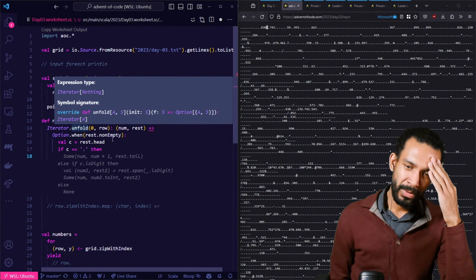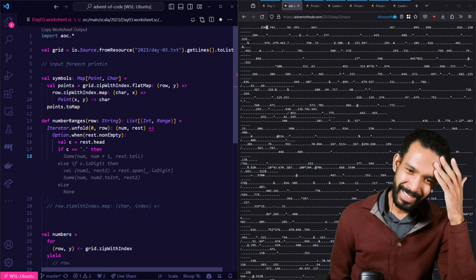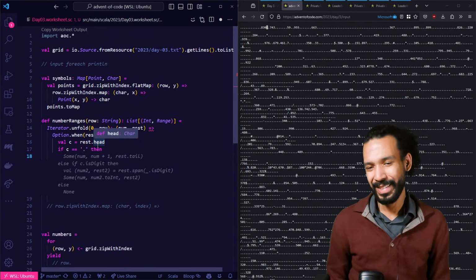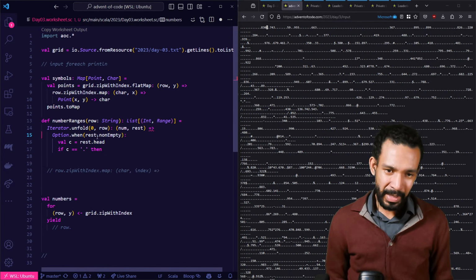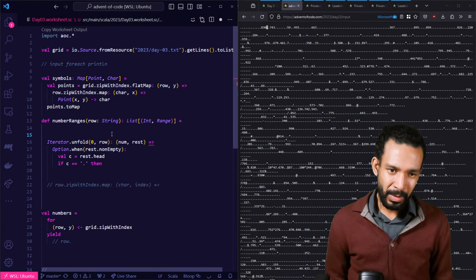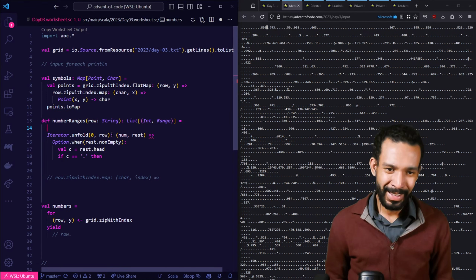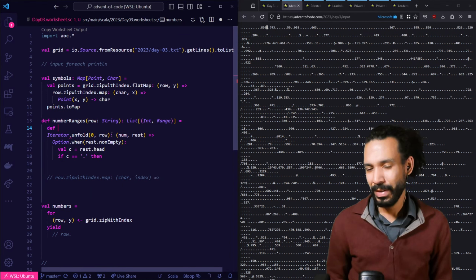See, this is why unfold is the wrong thing here. It's very much the wrong thing. We can still keep using these. We're just going to make this a good old-fashioned recursive function. I'm wasting time. So def